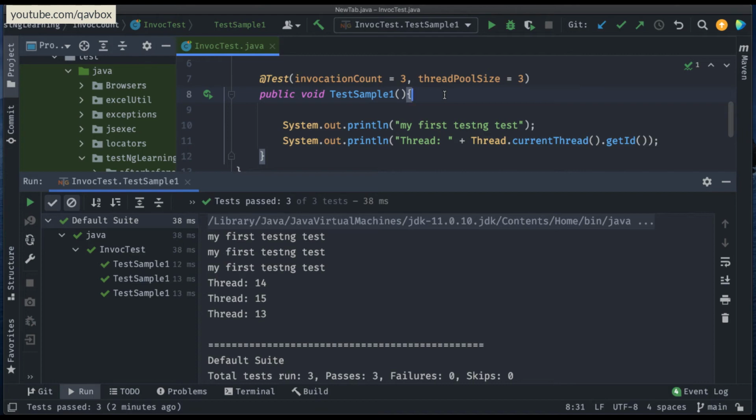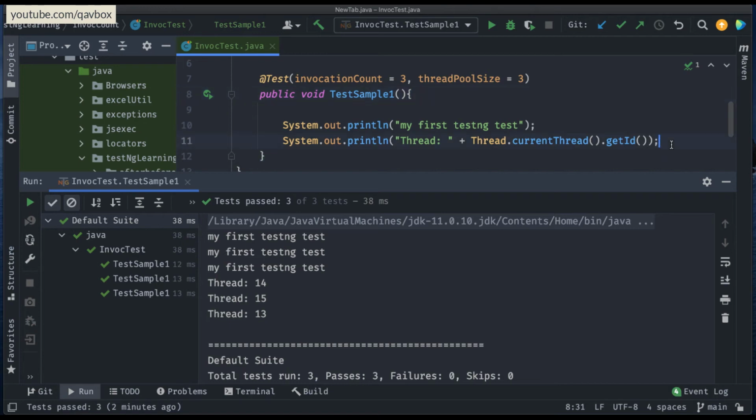We will see that in future, but that decides how many different test cases you want to run in parallel. You want to make it 3, 4 or 5, so that all those number of test cases will run in parallel, and it will reduce the time of execution. But you need to make sure of one thing: if you're making the thread size more, it means that it is utilizing your CPU a lot. It is utilizing your RAM. So your resource utilization is increasing. So you have to take care of that.